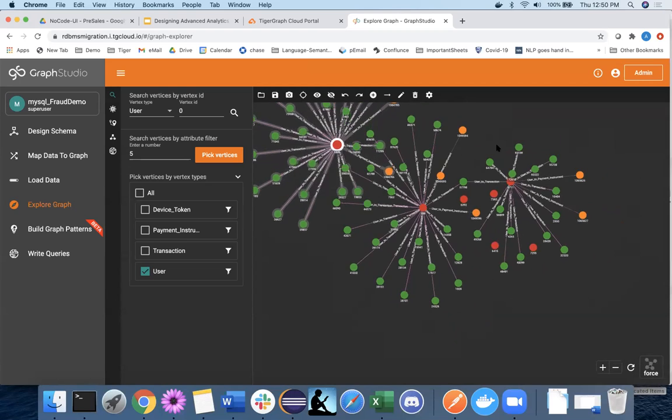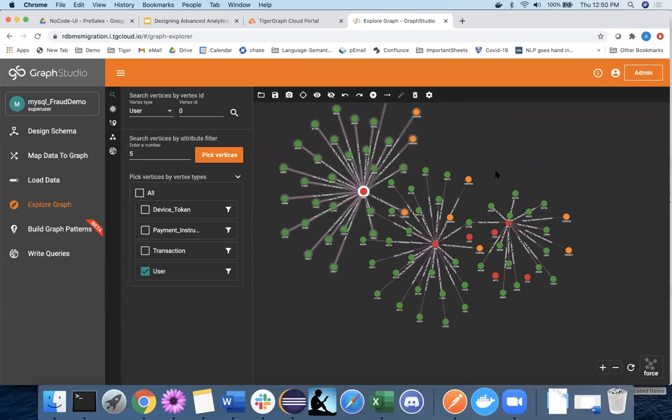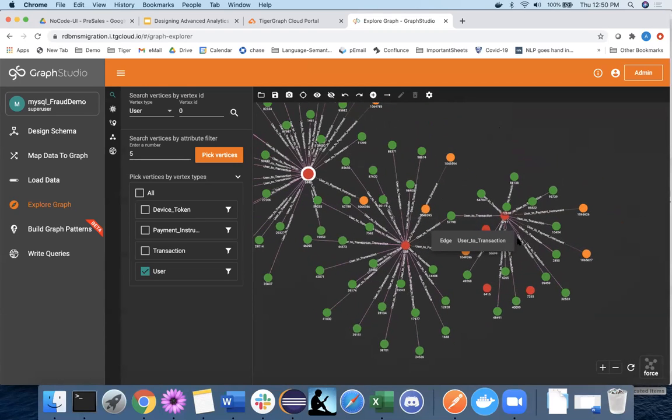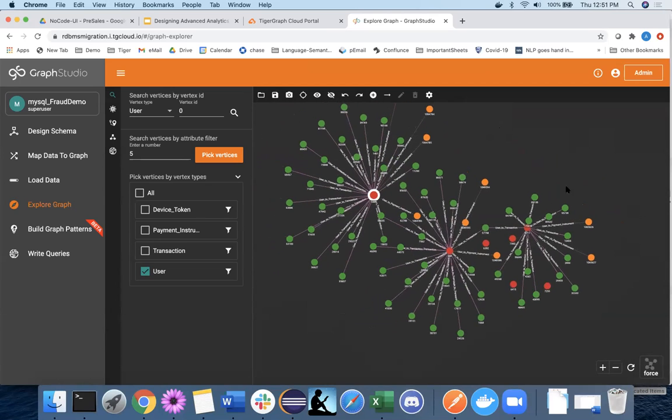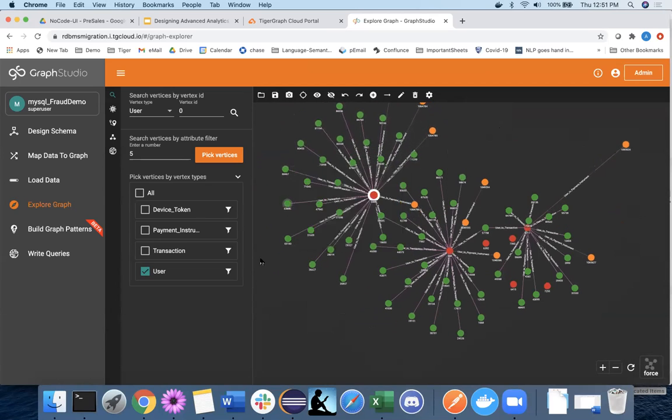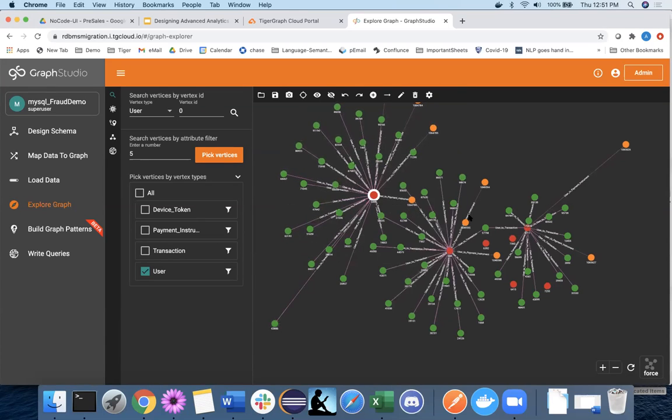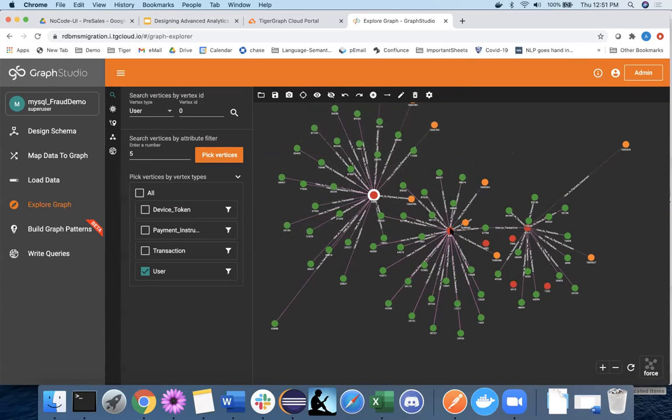So folks, this is not about beautiful visualization showing you green, red, yellow, pink dots. The idea is the data actually is stored exactly in this way. Visualization is a byproduct. The schema you created initially stores the data like this, and the advantage of this kind of system is that from this orange point here, which is a payment instrument, to a transaction over here, there is a path which you can navigate, which does not come out of RDBMS or tables or joins. It is a direct 1-hop, 2-hop, 3-hop, 4-hop link